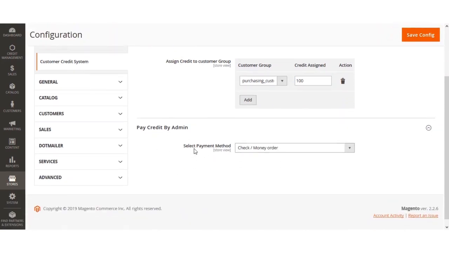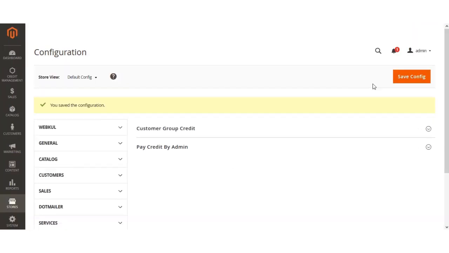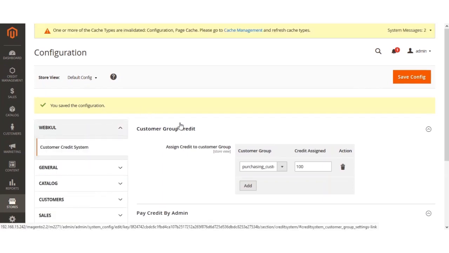And after that, the admin has to select a payment method so as to make the customer credit from the admin panel on behalf of the customer. After making these two configurations, you just need to save the configuration. And after saving the configuration,